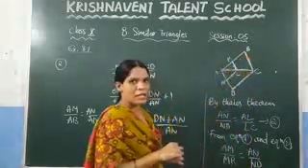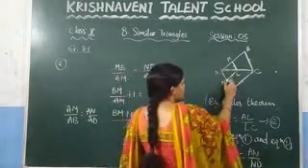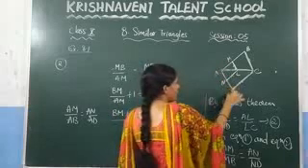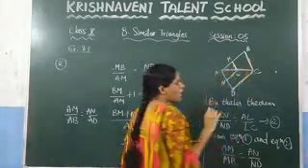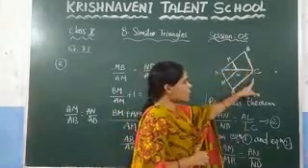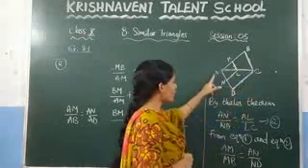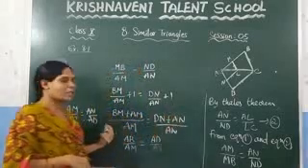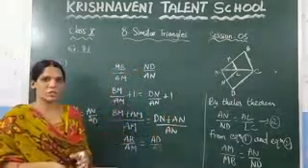This is the first equation. And similarly, if you consider these two lines are parallel, by the Thales theorem you can write AN by ND is equal to AL by LC. And here AL by LC is common, so you can equate them, and you will get AN by ND is equal to AM by MB. Since we need to prove this one, we have added 1 on both sides, so that we got this one.